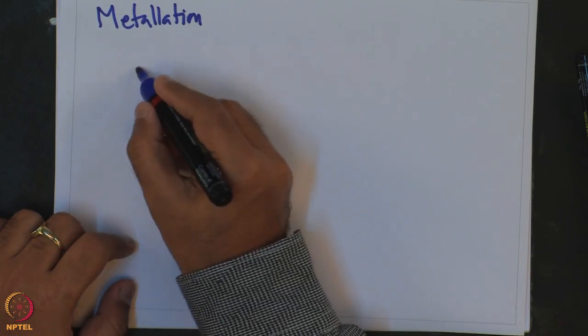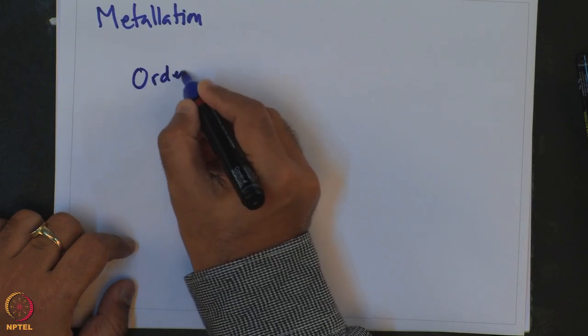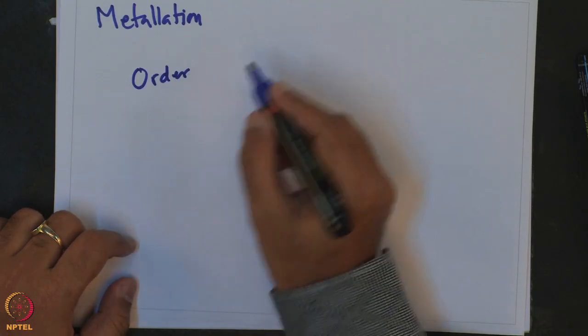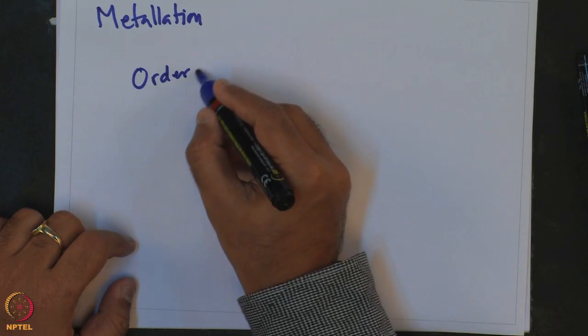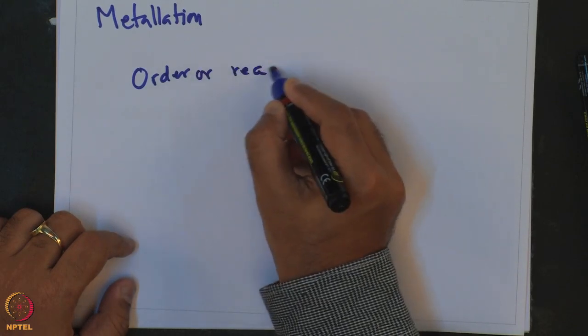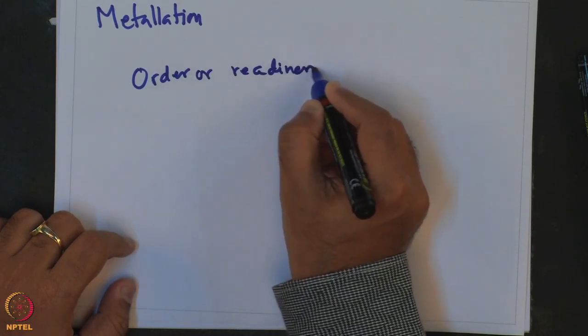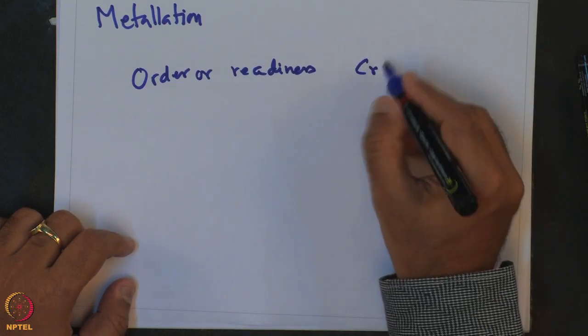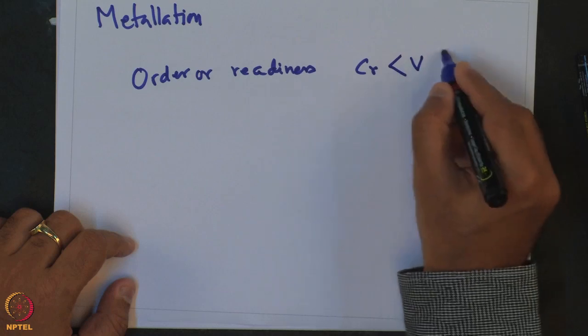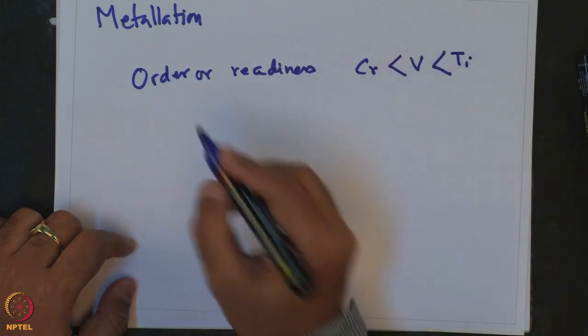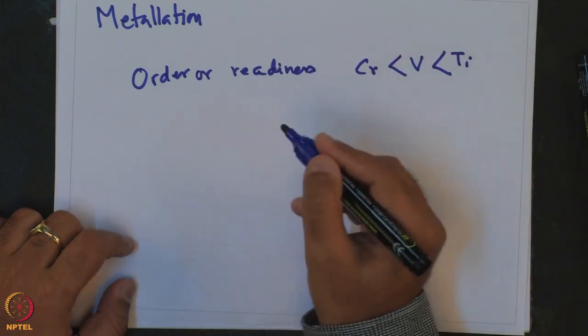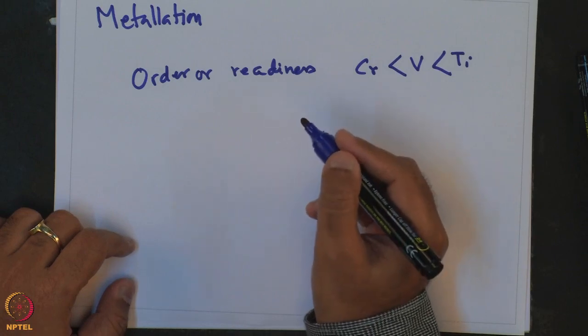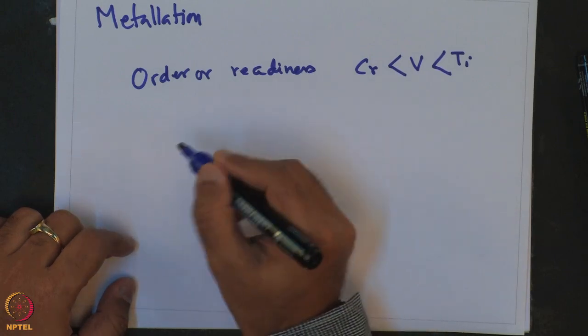So, order of readiness: chromium, vanadium, titanium. And for this mixed Cp C7H7 type complexes,